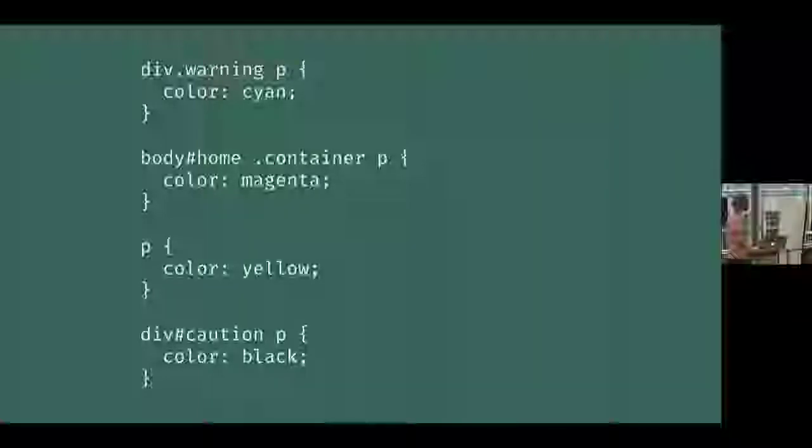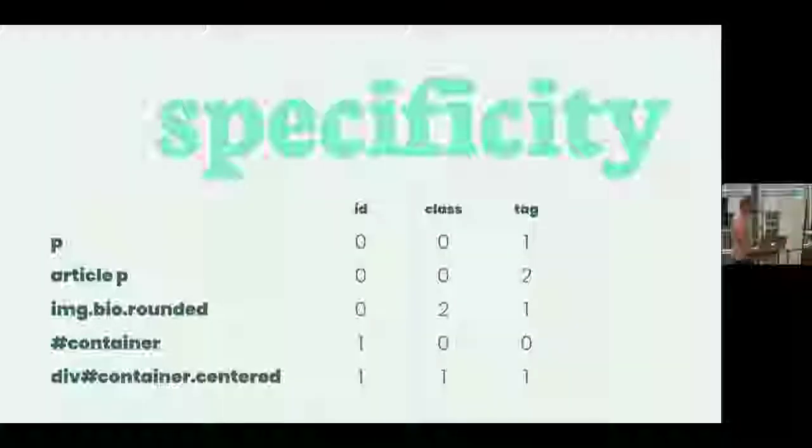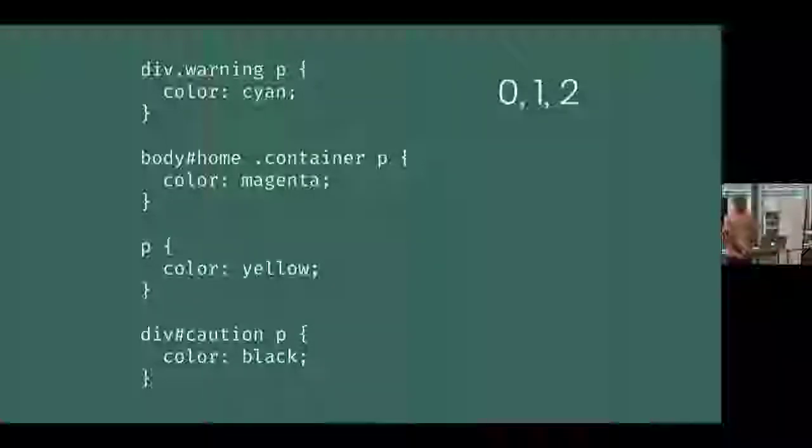Okay, how many tags? 2 tags. So that's where you get the 2 and the 12 from, yeah. Sorry, 2 tags, 1 class. So 0, 1, 2. Okay. Right. So, yeah. Well, and again, it's hard to say 12 because it's not base 10. It's like base unlimited. Although in practice it does kind of look like base 10, because very rarely are we going to use 10 tags to be that specific. Okay, so 0, 1, 2, that is relatively specific.